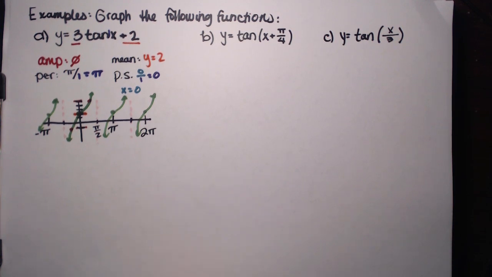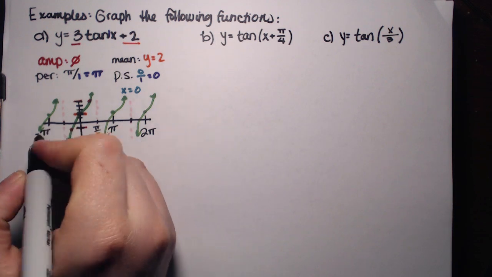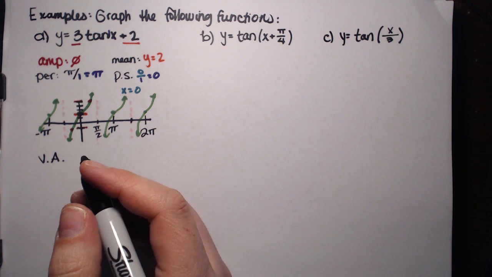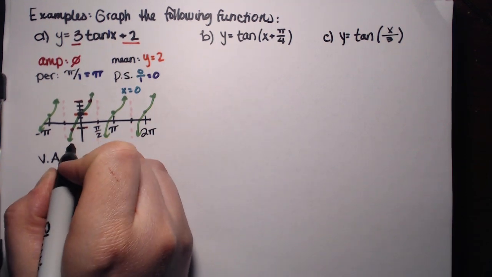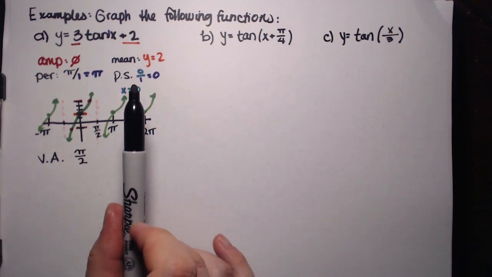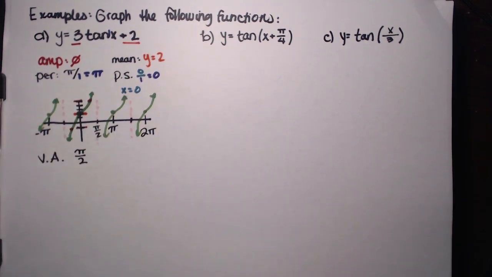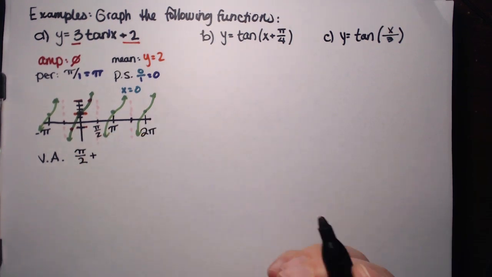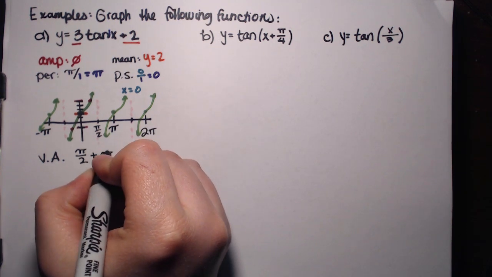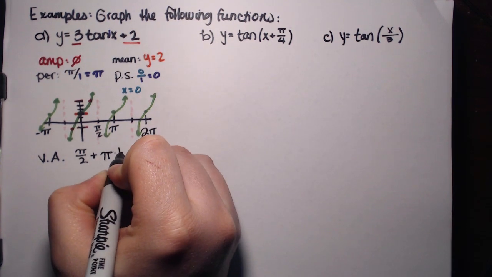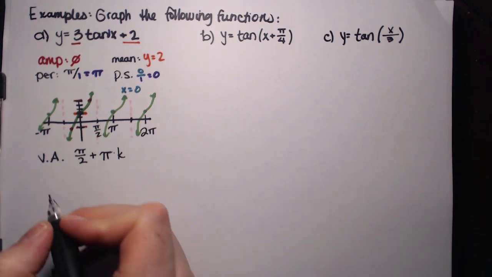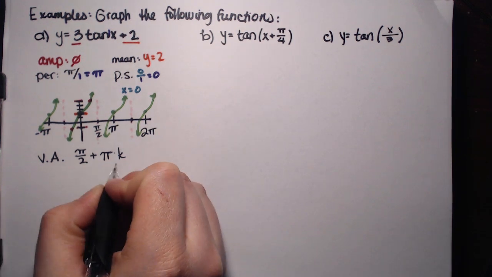Now there were no phase shifts, so I do want to talk about the vertical asymptotes. It's always going to be, without a phase shift, the period, which is pi, divided by 2, because we are taking that period and cutting it in half, and then we're adding that repetition. It's going to repeat every period, which is pi times k. So if I were to actually work through this, that would mean that if k is 0,